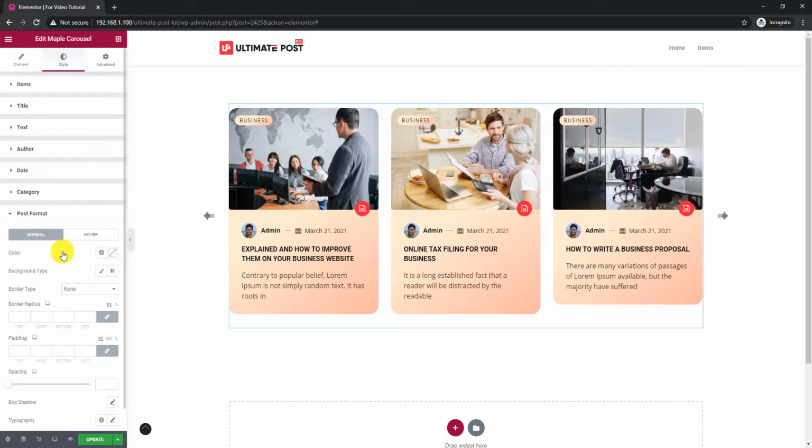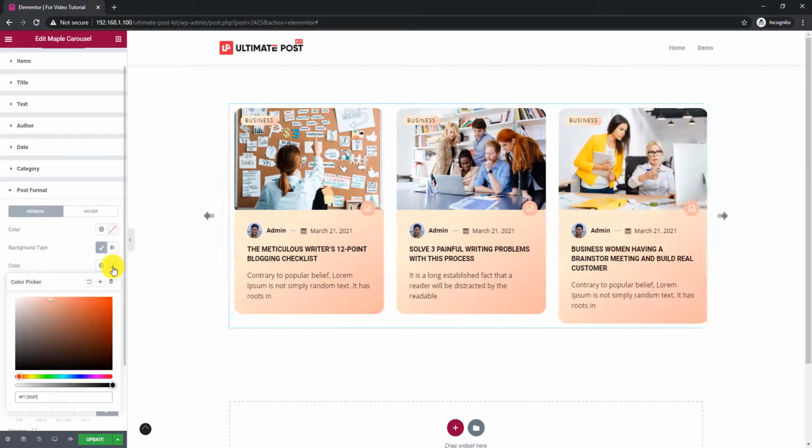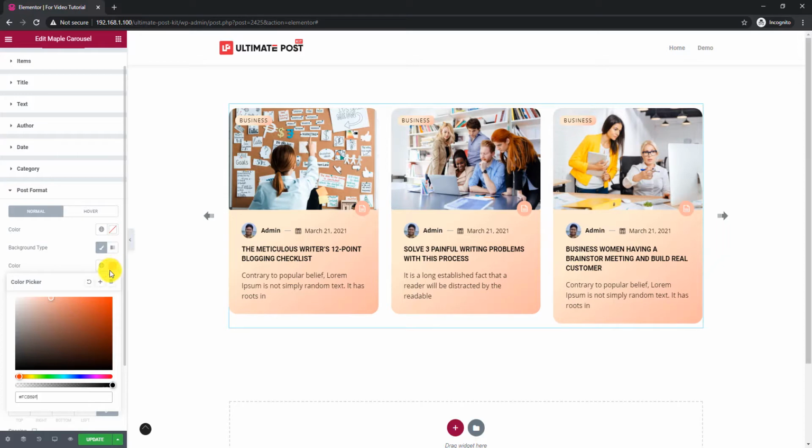You'll see an icon at the bottom of the post images, which is the post format icon. However, it is also customizable using settings like